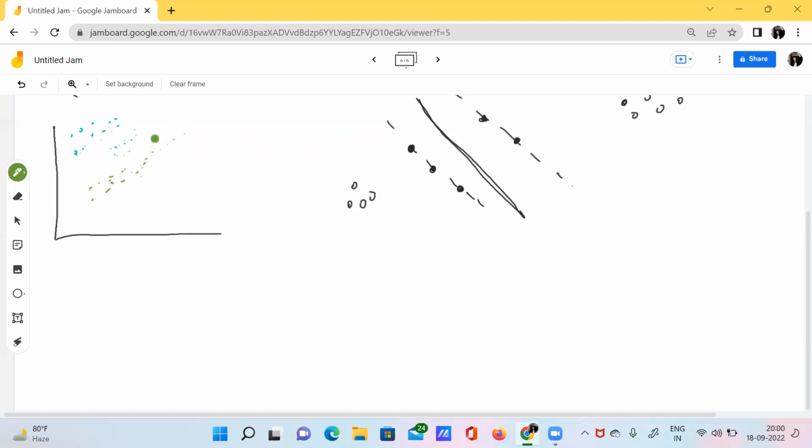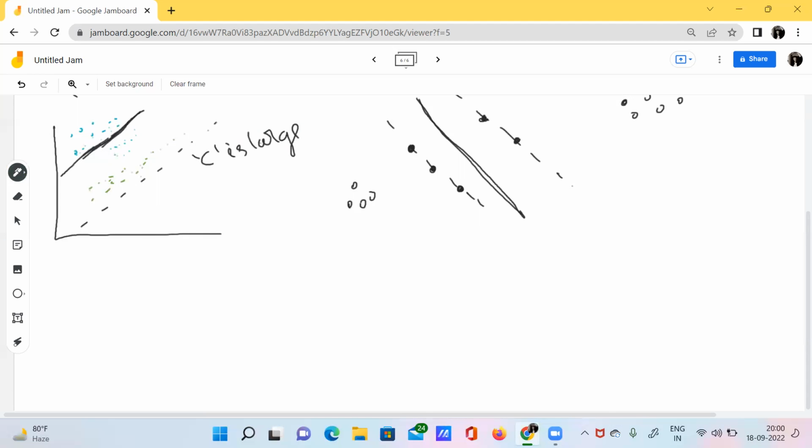This is our classifier, and this will be the margin. So this will be the case when our C is large.